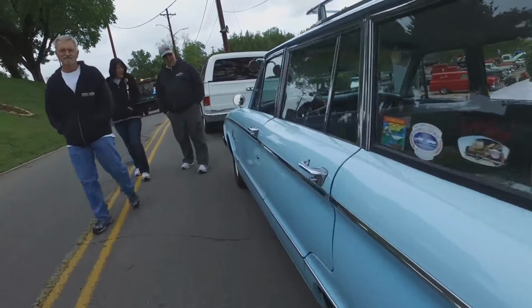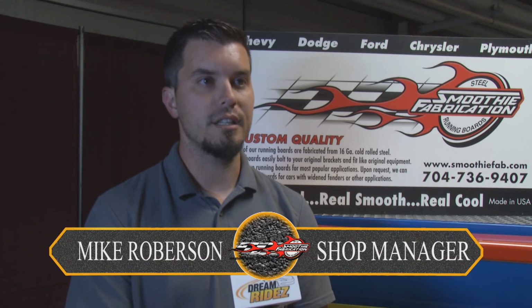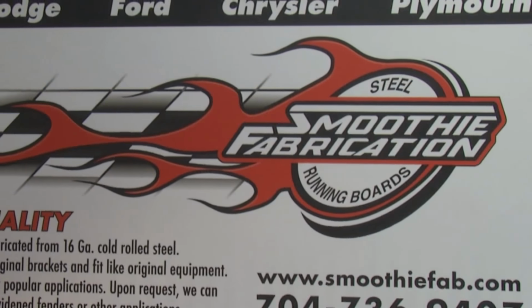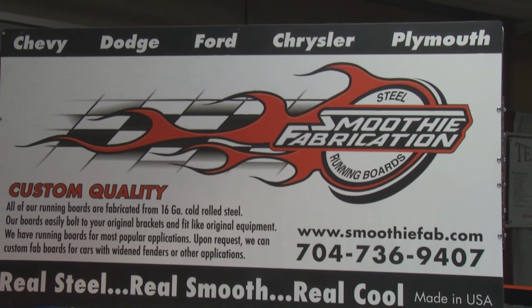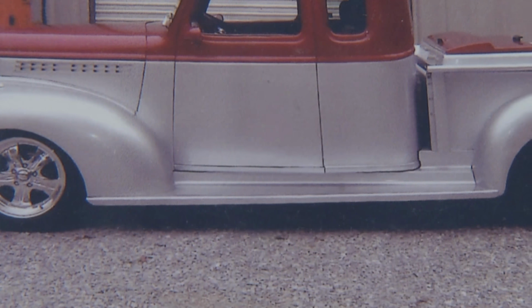An NSRA event provides a great chance to see some impressive products. Smoothie Fab makes smooth running boards for classic cars and trucks. They're all made out of 16-gauge cold-rolled steel. The company actually started in 1989, and we purchased the company in 2015. We make running boards for just about any car, anywhere ranging from the 29 Chevy, the 54 Chevy Pickup, anything Dodge, Chrysler products,